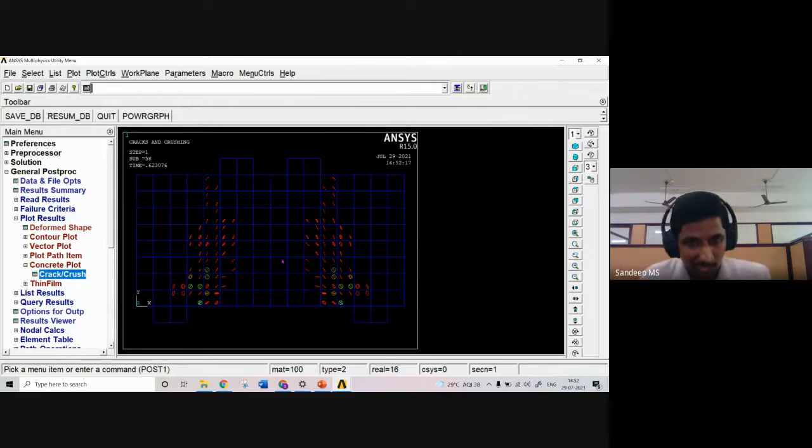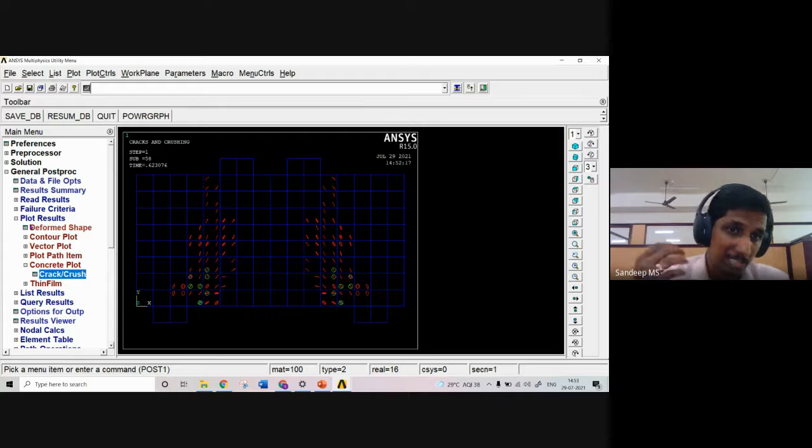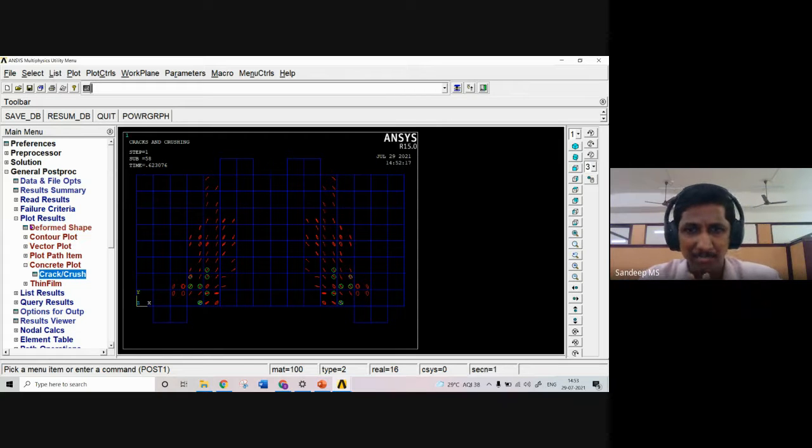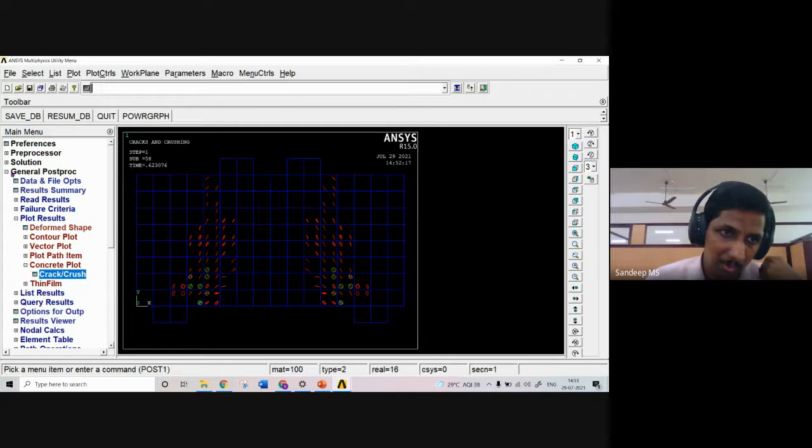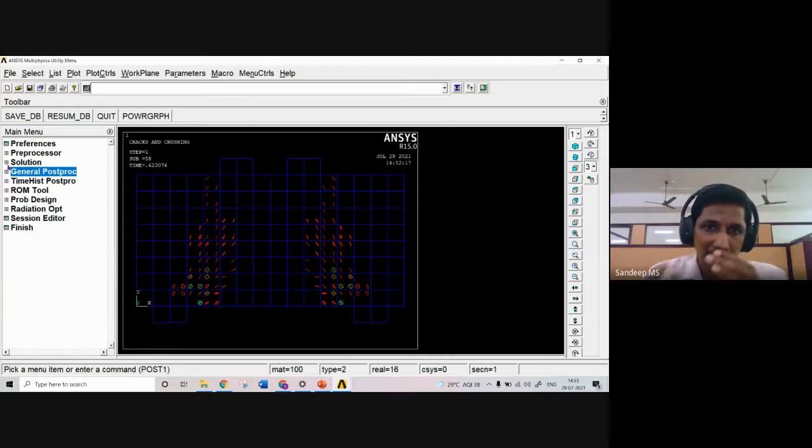Okay, now again, this analysis is not complete, because the permitted error for our convergence was given as 0.1%. That is very small as far as concrete is considered. So once cracks are formed, that convergence will not happen if we are expecting a 0.1% accuracy and all. So let's do one thing. From this particular point, let's start our analysis by permitting more error. So up to this point, we have maintained an accuracy of 0.1%.